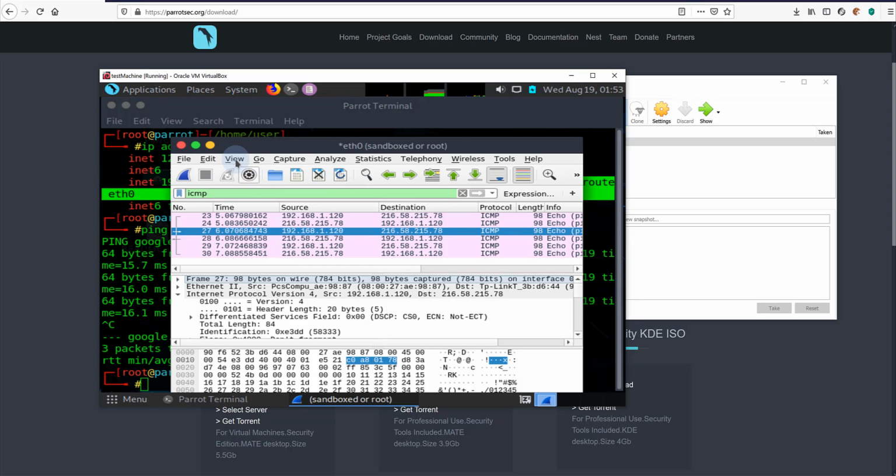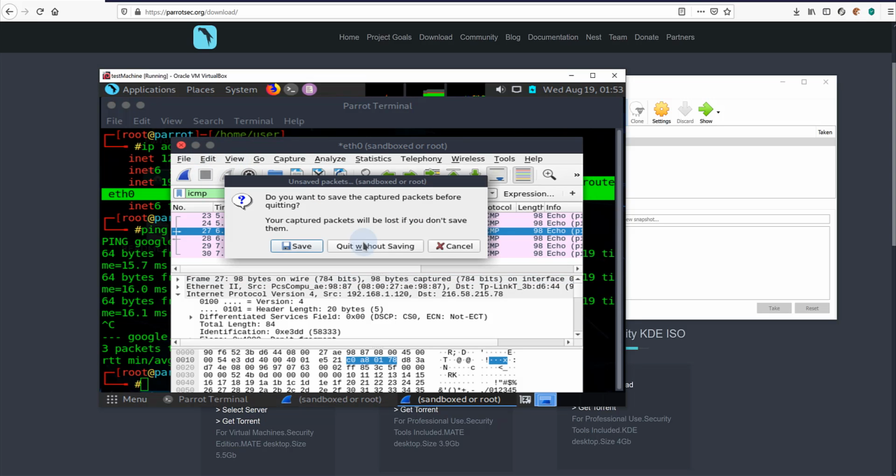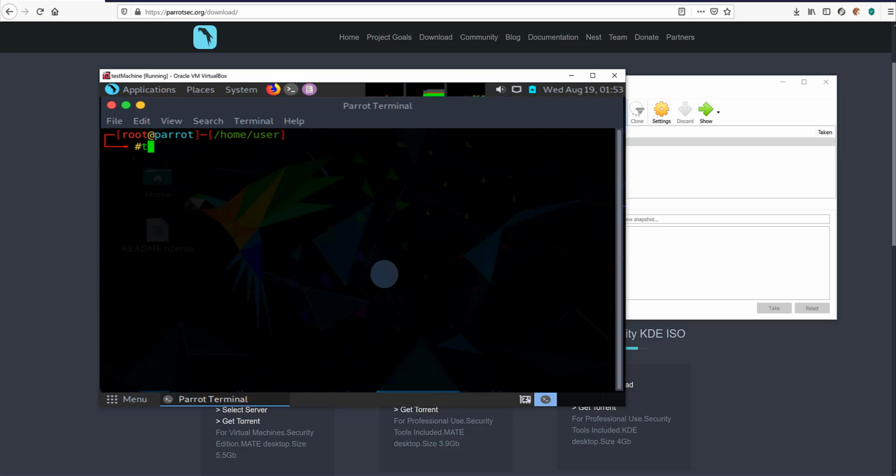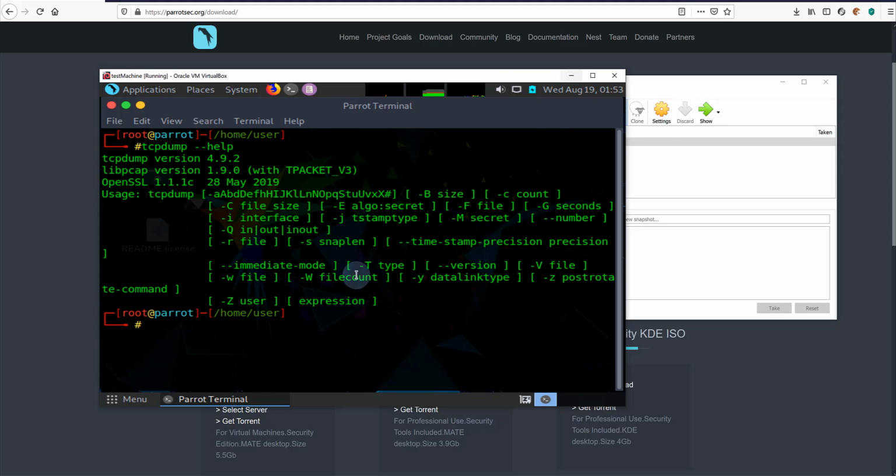Also, because we are not going to save that, we have something like tcpdump. If you want, you can use tcpdump, and it's so easy because you can use -i as interface. So I can use, for example, -i eth0, and